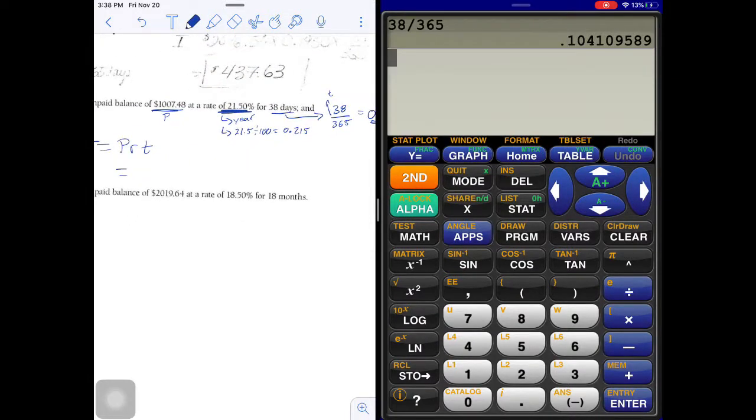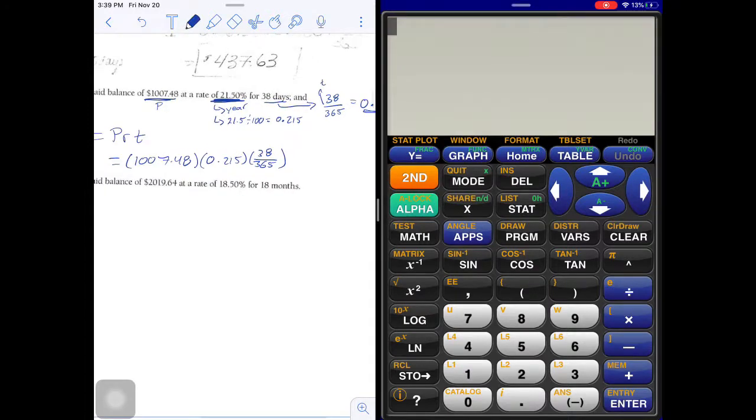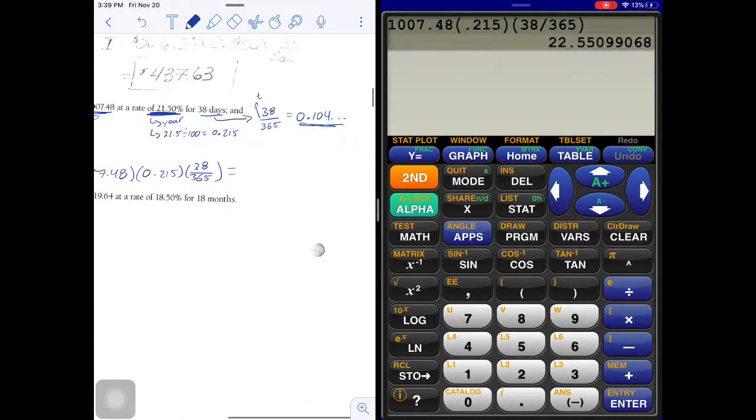So P is $1,007.48 times your rate, which is 0.215, and then your time. And again, remember, this is attached to an entire year, but we're only doing 38 days. So we're going to figure out what the fraction of 38 days is in a year. And there's 365 days in a year. So we're going to do $1,007.48 times 0.215 times 38 divided by 365. And that gives me